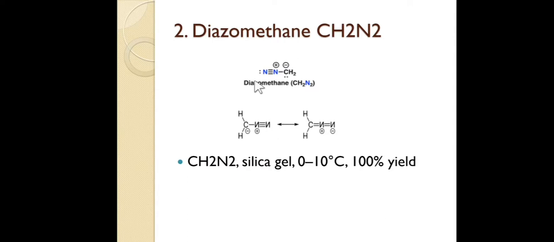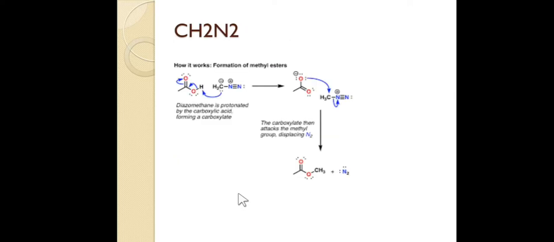So diazomethane is a very helpful reagent for methylation, but the one problem with diazomethane is that it is explosive. If we have any cracks or breaks in the glassware, the friction with diazomethane can cause an explosion. So this is an explosive reagent. In the 60s and 70s it was most frequently used for methylation, using diazomethane, silica gel or some other reagents. Nowadays the use of diazomethane is very little.